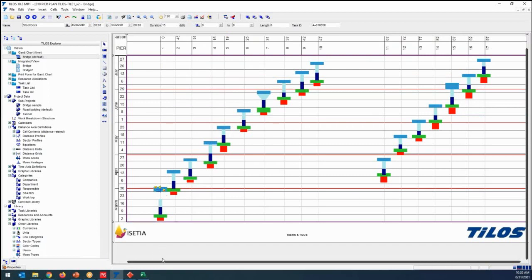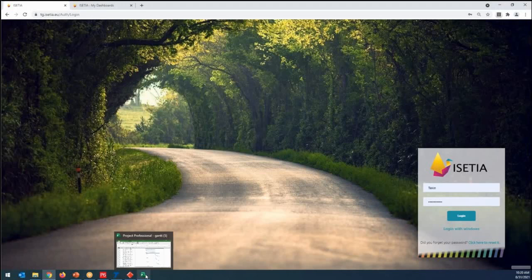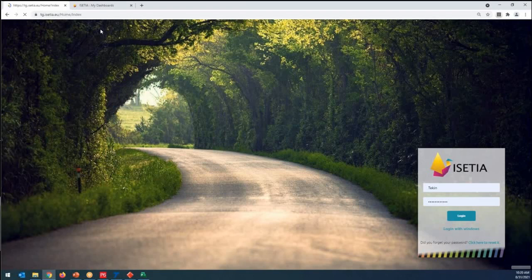All right, so now I have, it doesn't matter, Power Project, Microsoft, Tilos, or Primavera. I didn't open Navisworks or Excel, but this is the same story. So what I'm doing now is opening the cloud ISETIA and logging into my cloud system. Let's say this application does not require any installation. ISETIA works 100% on cloud. And when I enter the system, the first thing I would like to do is import my schedule to be able to plan and work. So ISETIA is now opening my dashboard.